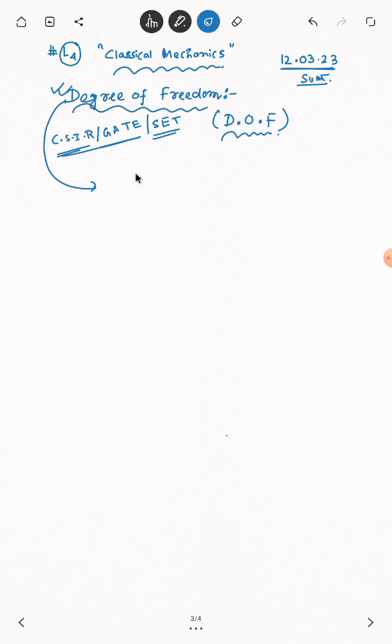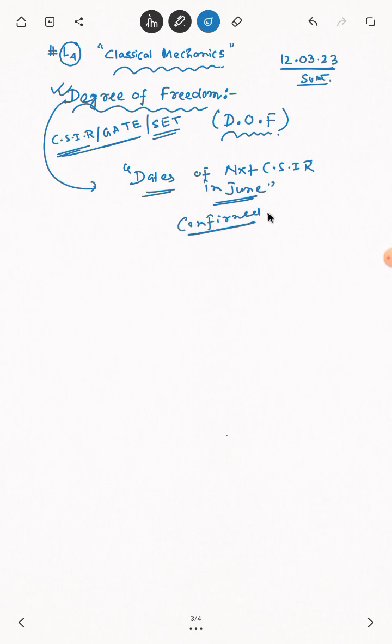Now we all know that dates of next CSIR in June. Confirmed. CSIR এর জুনের ডেট কনফার্মড হয়ে গেছে। তো সকলের সুবিধার জন্য আমরা ক্লাসিক্যাল মেকানিক্স তার